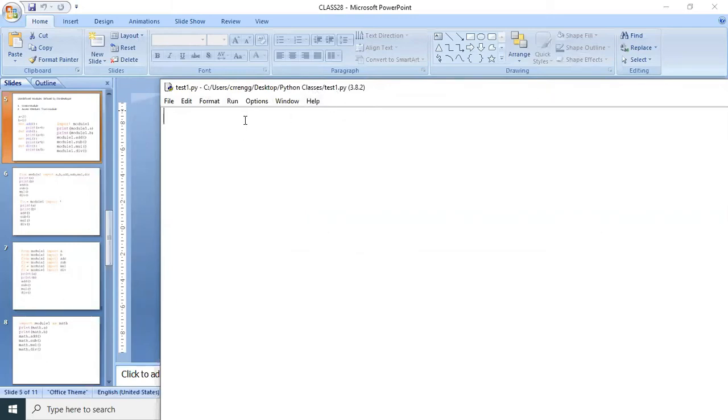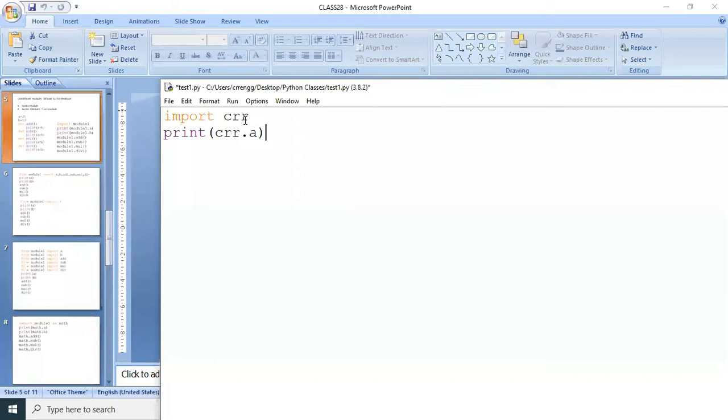Now import. What is the module name? The module name is CRR. Import CRR. Then print CRR dot a.